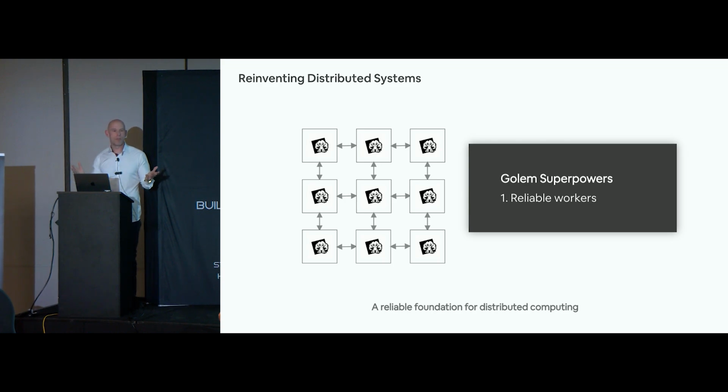Nothing can take it down. That's why we sometimes say Golem makes your workers invincible. Obviously, they can still die because of bugs in your own code or errors you didn't handle. We can't help you write better code, sorry. But we can help you deal with all those failures that are caused from outside your application, external failures. And we can make sure you never have to even think about that.